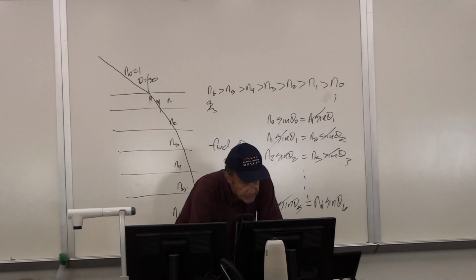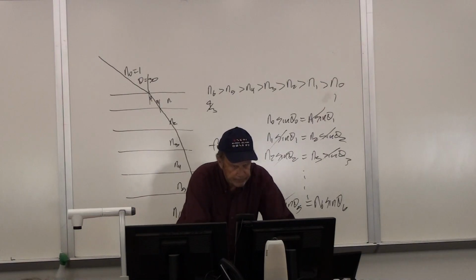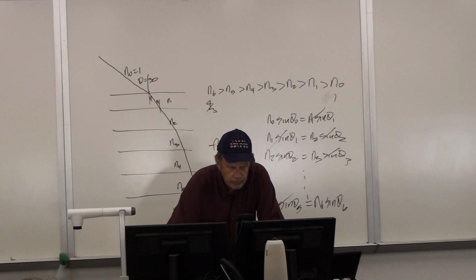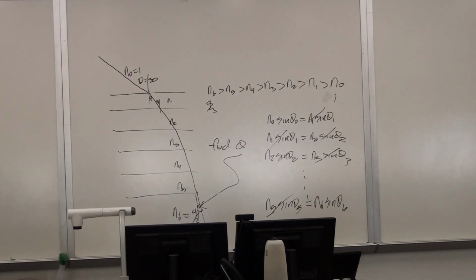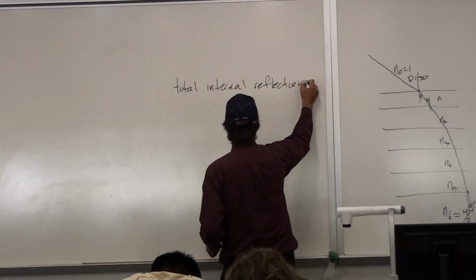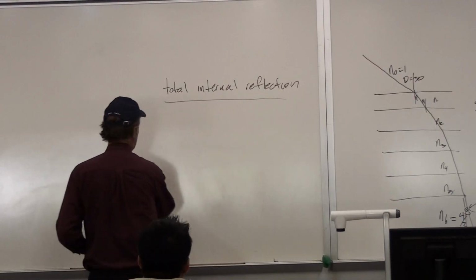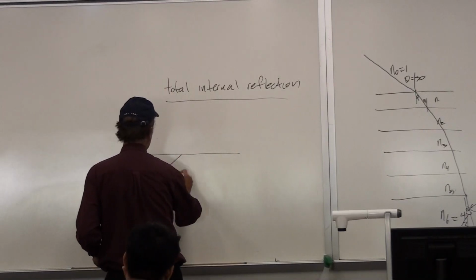But what I wanted to do next was look at the principle of total internal reflection. Now, in total internal reflection, what you have essentially is light that goes from a more dense medium